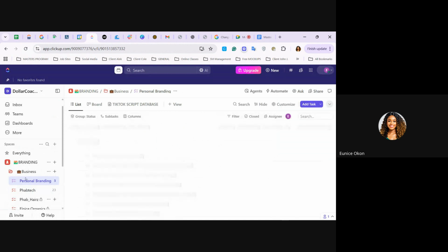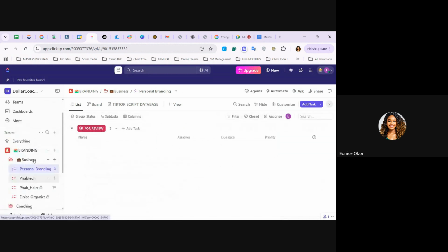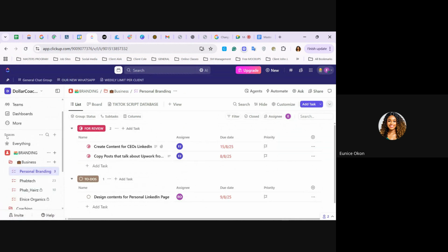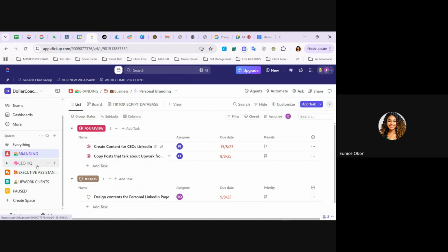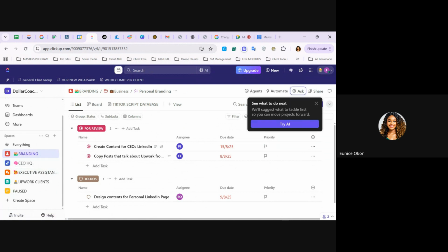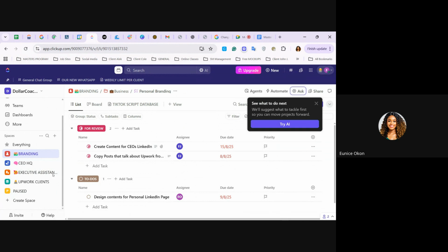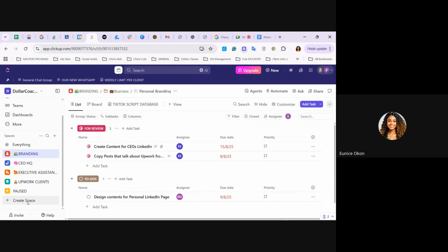Spaces. So let me start from the top. This is my space, personal space. Now where you have spaces, you've seen this guy. Branding is a space. I'm going to minimize that. COHQ, so CEO's headquarter, is a space. Executive assistant is a space. Upwork client is a space. Post is a space. So if I come here and click on create space,